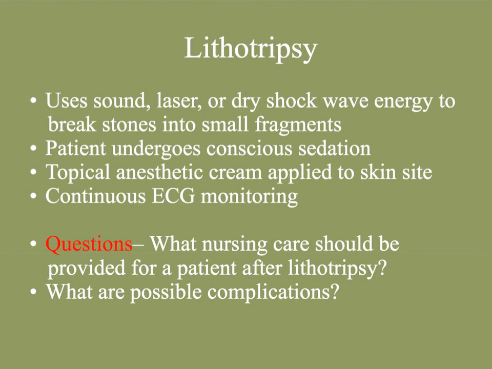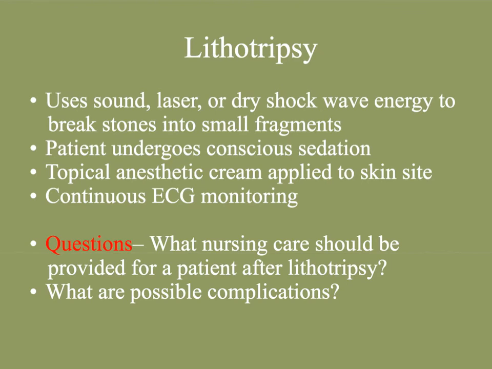A ureter scope can also be used to go in and try to grasp some of those stones and take it out. It's basically a scope that's passed through the urethra, the bladder, into the ureter to try to take the stone out. You can also do a nephrolithotomy, which means that they can surgically go in and remove the stone through the skin. Of course, care for those would be getting a consent, explaining the procedure, monitoring the patient for pain afterwards,